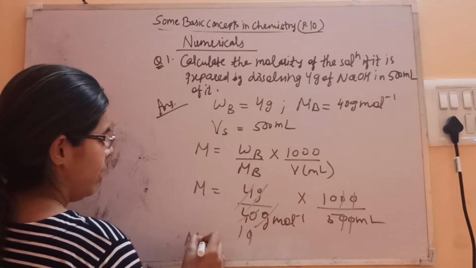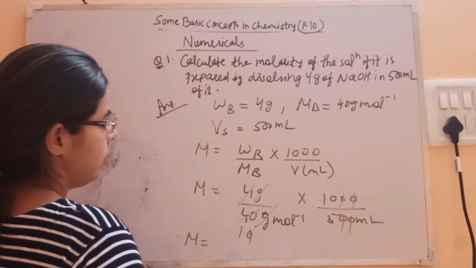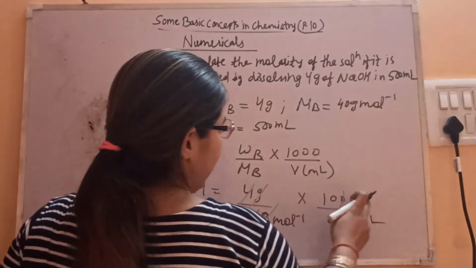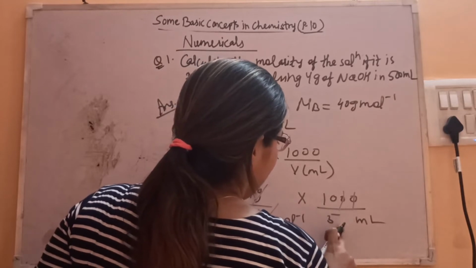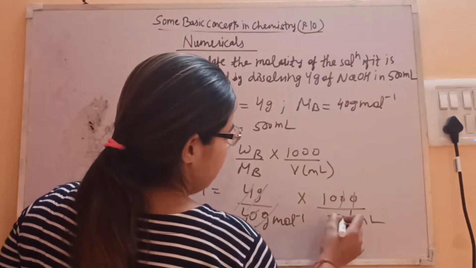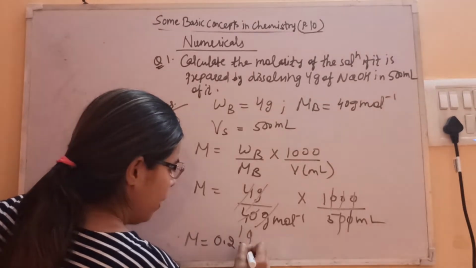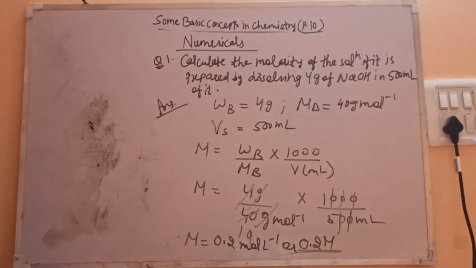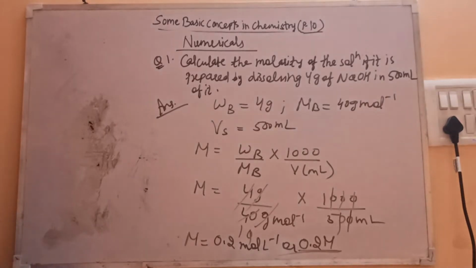So molarity is what? One zero will get cancelled from here and one will get cancelled from here. Okay, sorry, here only it's 1 0. One will get cancelled out with this and one with this. So it's 0.2 moles per liter or 0.2 molar. This is your answer. It's very simple, only we have substituted the values in the formula, so that answer is coming out to be 0.2 molar.